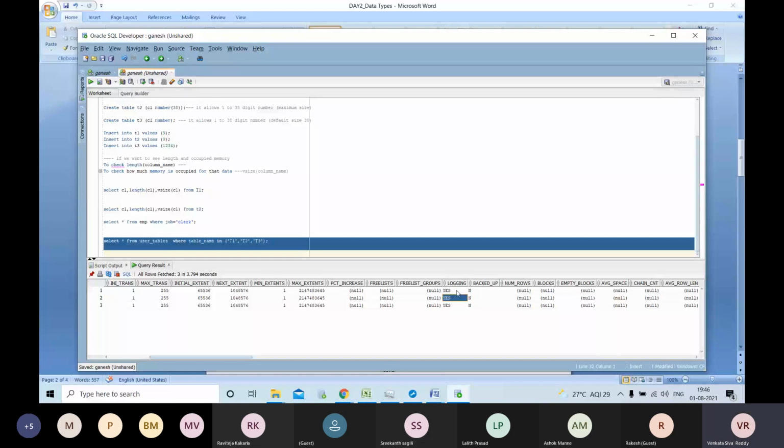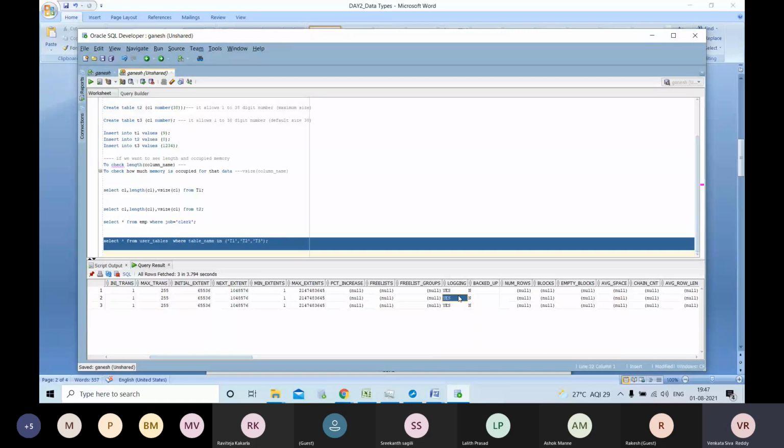Okay, so if you stop that, you will get some performance. Oracle will maintain some log file, right? It takes at least 1 minute or 2 minutes, whatever it may be. So that time you are going to save here. I will explain this in performance tuning. From there I can explain. Okay.